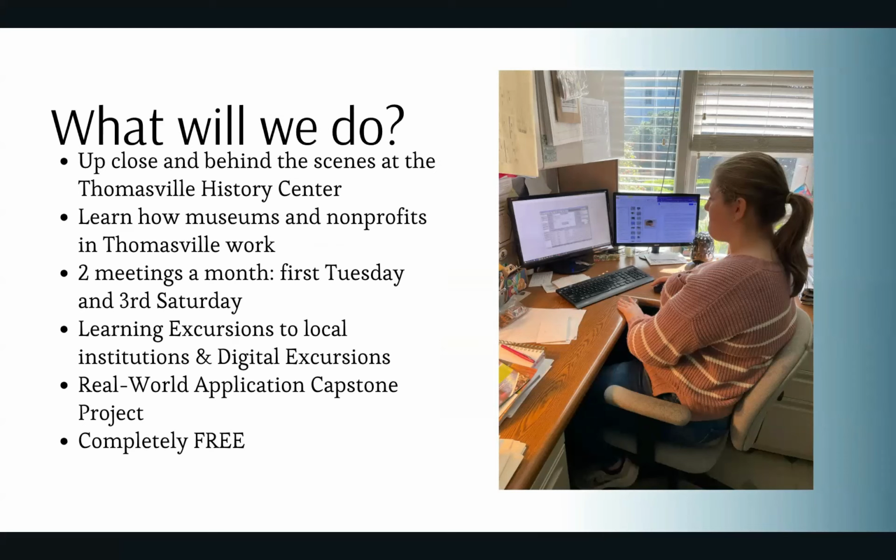Now, because we know that these children are so incredibly scheduled and have so many extracurriculars and things like that, we do have some expectations. If they cannot attend, they will all be expected to join the Google Classroom, and there will be a voice recording of Mimi or myself of whatever the lesson or discussion is for that night. They'll be expected to watch it, answer a few questions just to show that they've done it